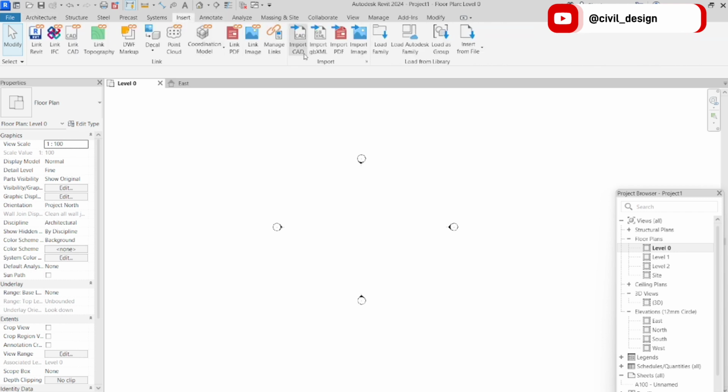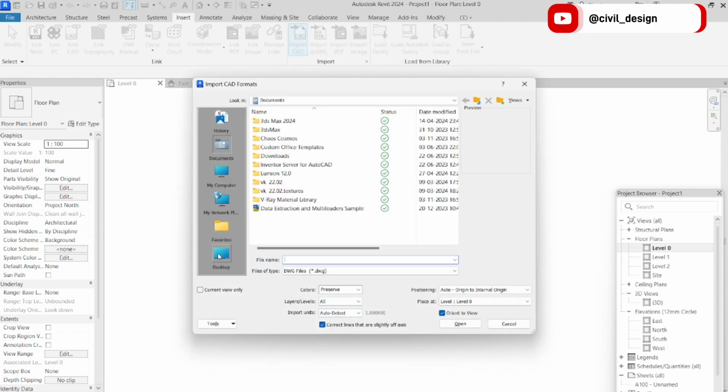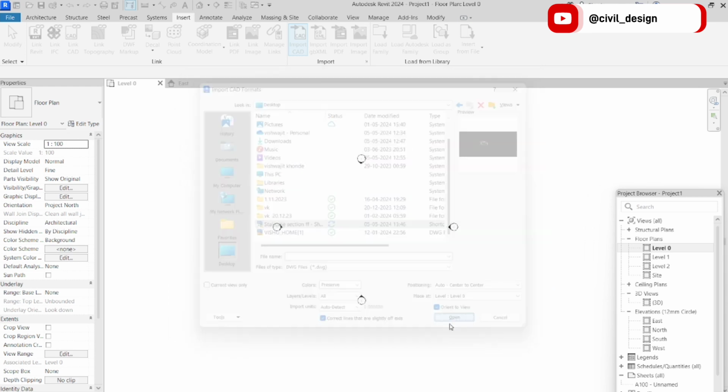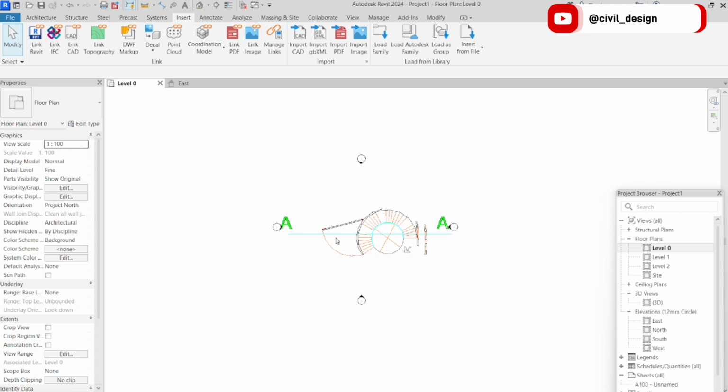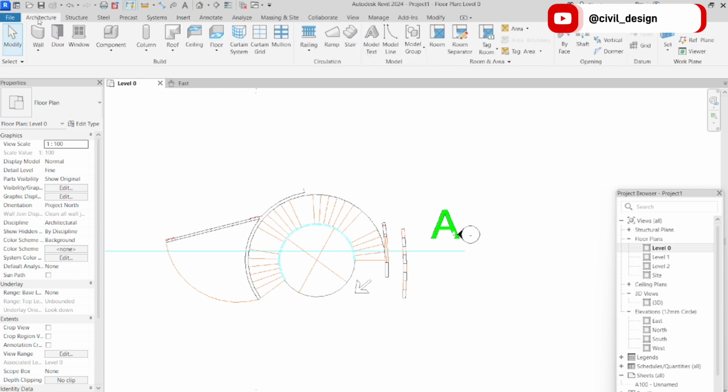So here insert we CAD files, import CAD, save. Position center to center. Okay, open. Here CAD file is imported. Okay, then